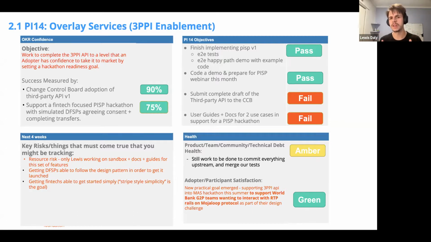A use case being like peer-to-peer, which is our first use case and the simple one, but looking at perhaps how you use the 3PPI API to do things like FX, or how to use the API to do bulk, maybe bulk G2P payments, for example. Those are some examples of use cases that we're ruminating on. So we haven't completed those 2 things.